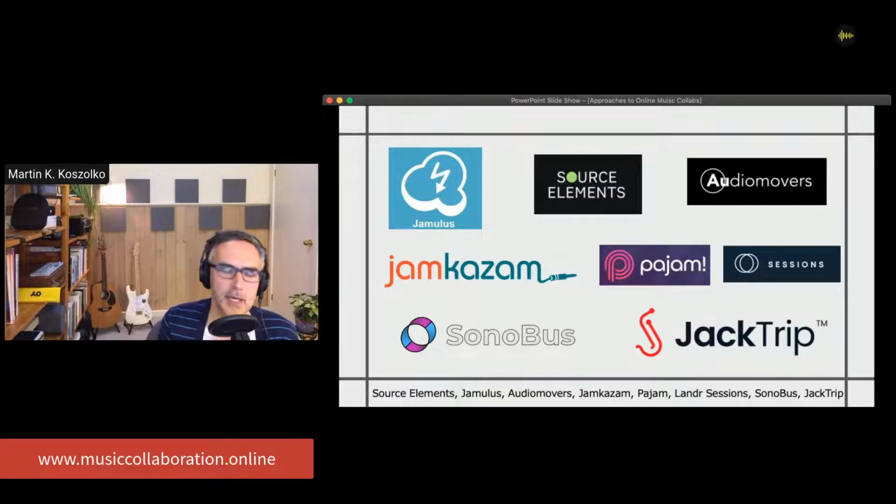And not all of the solutions for live jamming are available as plugins, but most of them are, meaning that you can put them into an existing digital audio workstation and stream audio between you and your collaborators. So what that means is that you could stream your selected tracks or a master audio bus from your DAW, and also record your collaborators who are